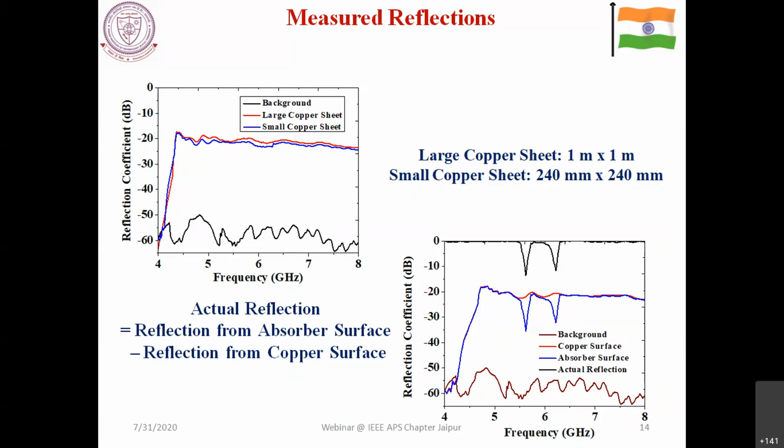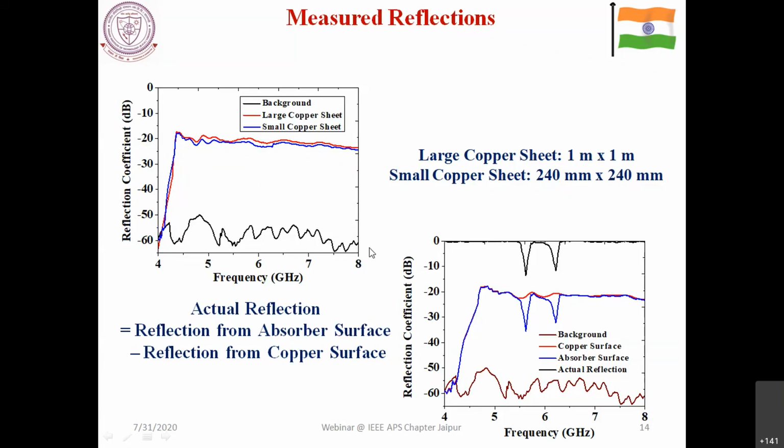And as you know, since metal is an ideal reflector, you can see over here the stable reflection coefficient from the particular surface. And you can be sure that you don't have any kind of crosstalk between the two antennas, because once you are removing everything, you are getting some kind of background noise or background reflection, which can be shown over here.